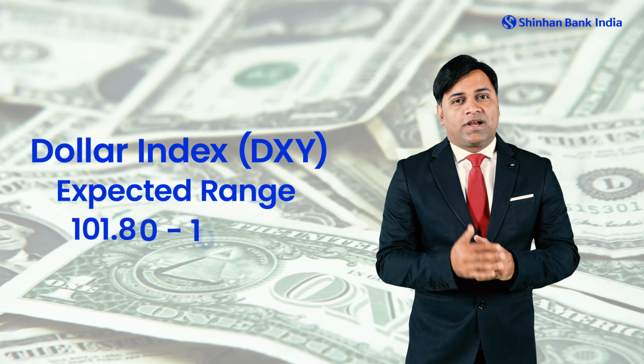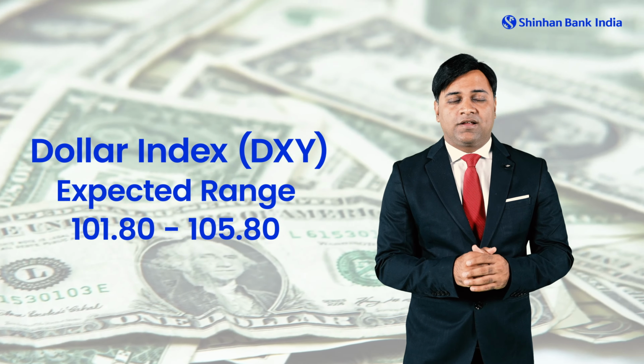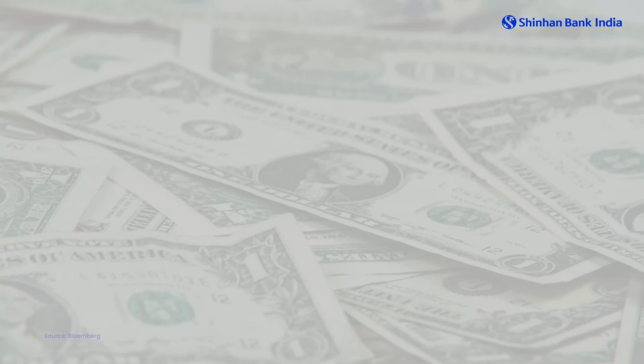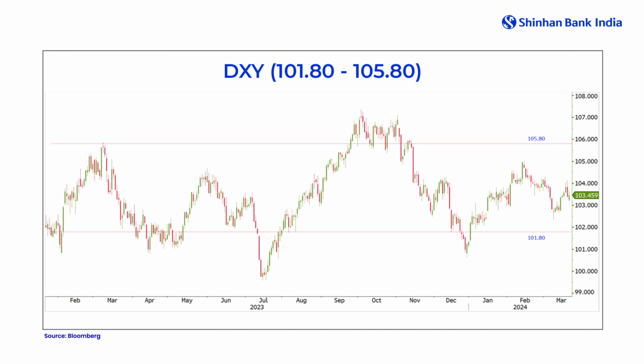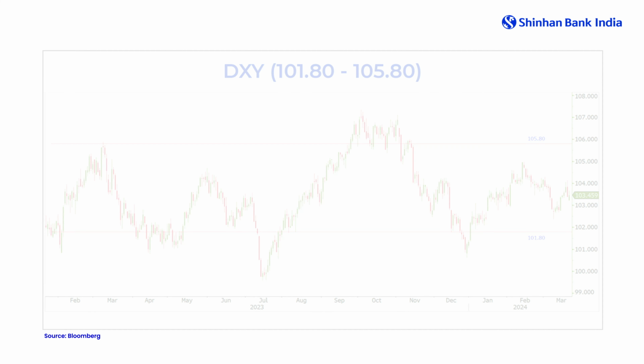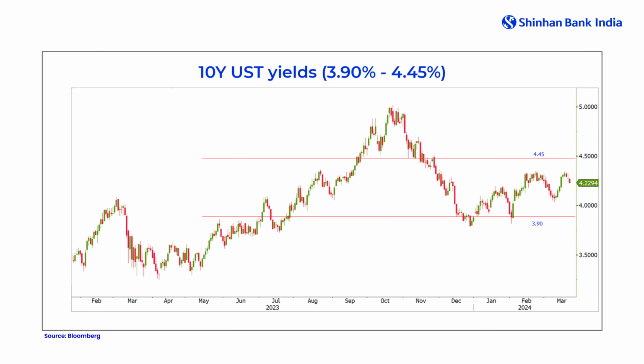If we talk about the dollar index from here, we see the dollar index having a broader range of 100 to 104.85, where 104.85 acts as a very crucial resistance. 7 times from those levels it has reversed, but in case we are able to breach those levels, then 105.80 is the next resistance level. For 10-year US Treasury yields, as we see dovish guidance coming into the picture, we see it moving lower with time, but the broader range is 3.9%, while the higher side remains 4.45%.